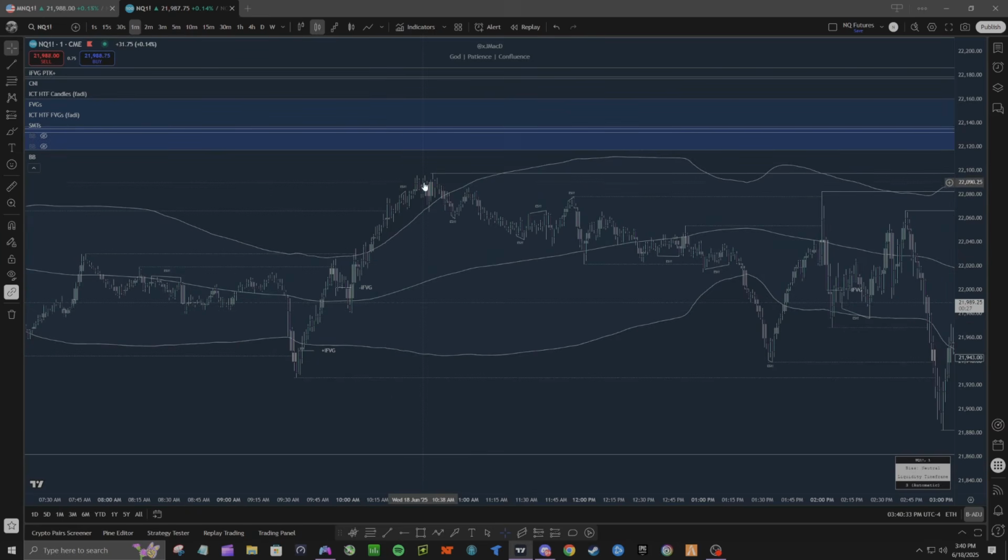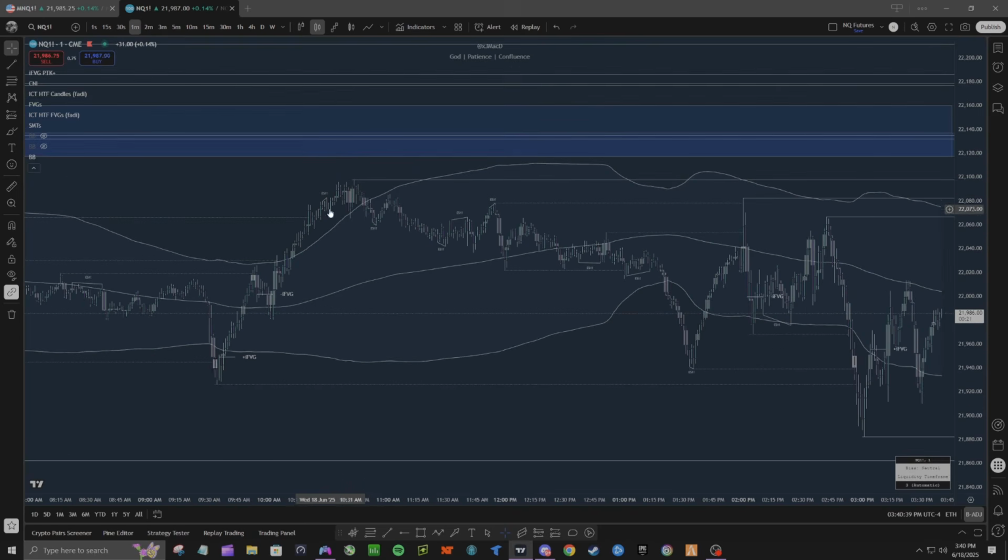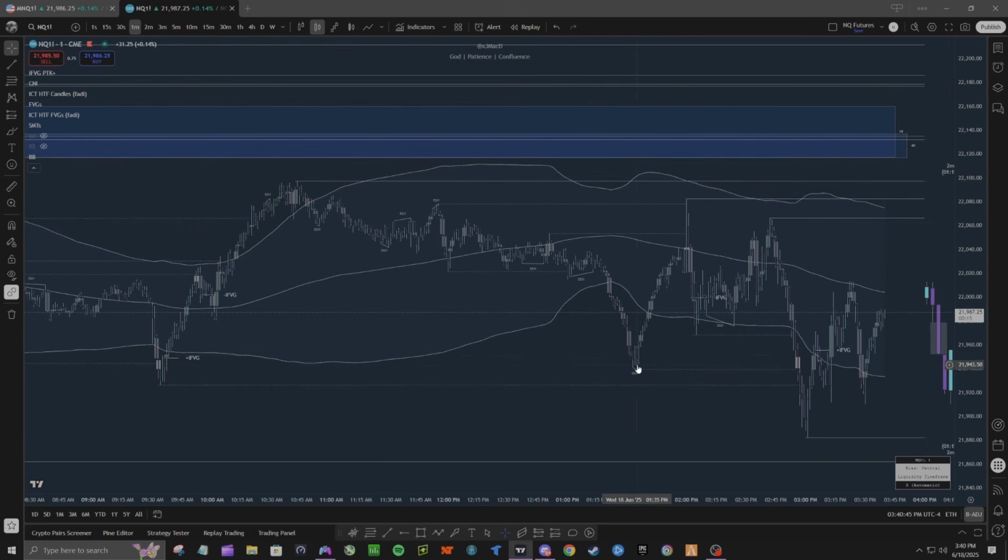So we swept the hourly fair value gap, like I said, we're outside of the Bollinger Band. So now these are conditions to potentially look for a short. So you could have shorted down here, and eventually, it just kept curving down and down and down, and eventually funneled, and then caught that hourly fair value gap we had previously, which was still extended over, dipped into it